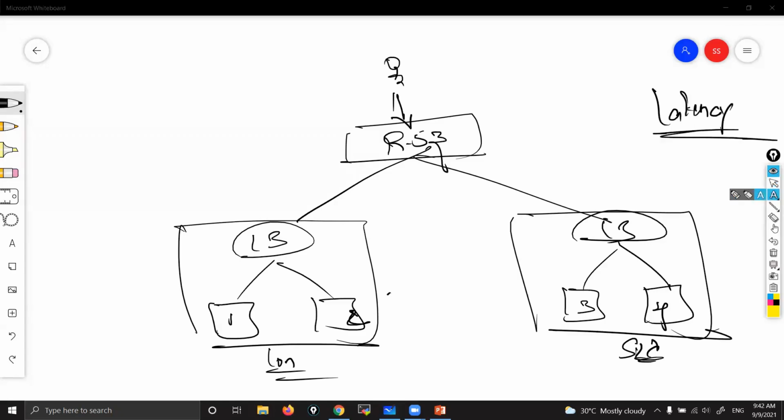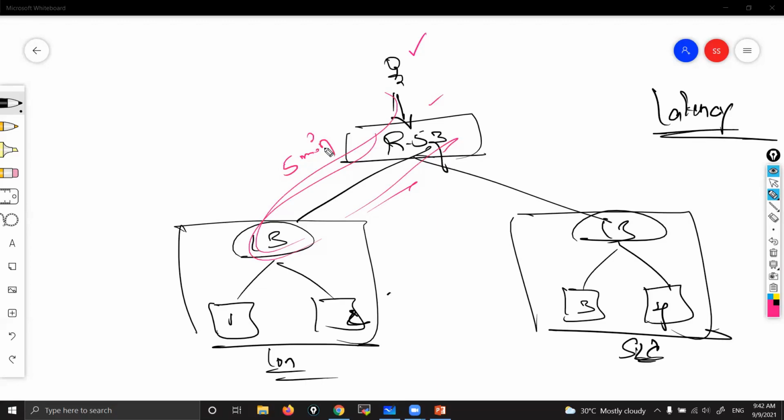Okay, network delay. See here, what actually happens. Suppose one customer is trying to access the website. That website is there in both locations. But Route 53 will decide: if I send his request to London, assume it takes 5 minutes to get a response.